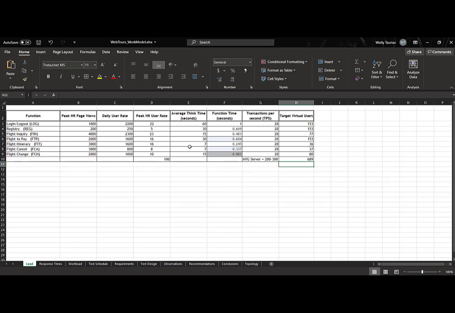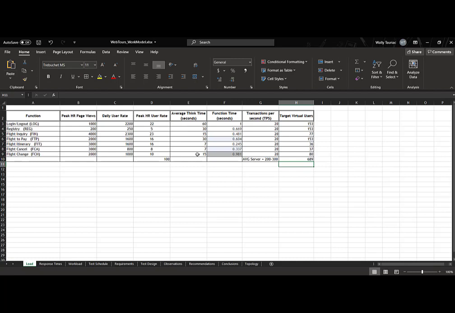Maybe they think they might do something in the application, they might not, and then they may log off at some point in time. So it gives you a feel, it gives the testing some activity that's external to the real most important functions like inquiry and flight to pay and flight itinerary, where the others are fillers. And so anyway, there was a breakdown that I came up with here on